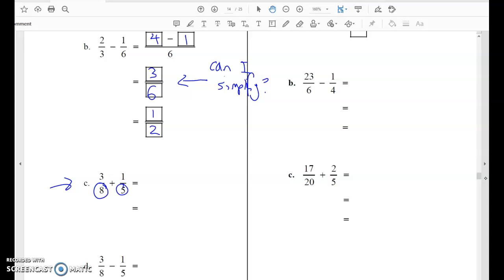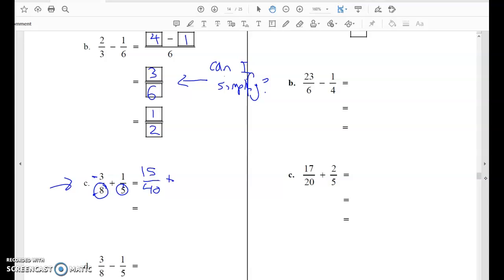Well, thinking ahead, 8, 16, 24, 32, 40. 5, 10, 15, 20, haven't got any overlaps yet, 25, 30, 35, 40, that's going to be it. 8 times 5 is 40, so we need to change, if we're going to change the bottom to be 40, then the top we've got to times by 5, so that's going to be 15 out of 40,